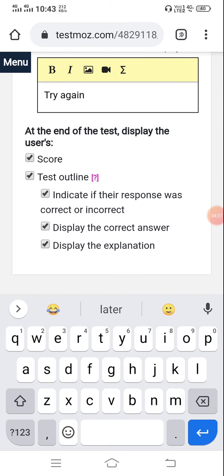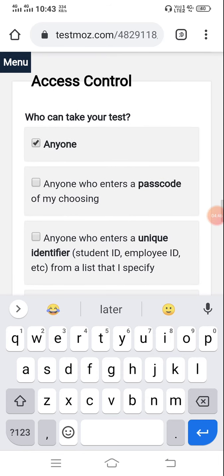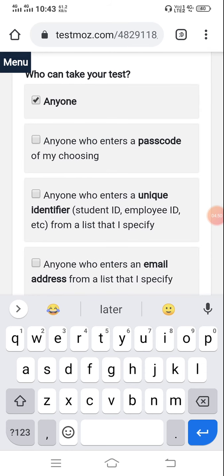Here at the end of the test, display to the users, that means for the participants, what we have to give as a display. Just select all these things: score, test outline, indicate if their response was correct or incorrect, display the correct answer, display the explanation. And next, access control. Access control means who can take your test.